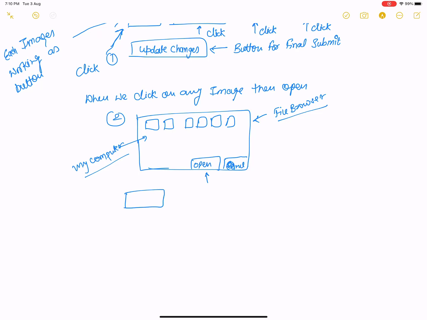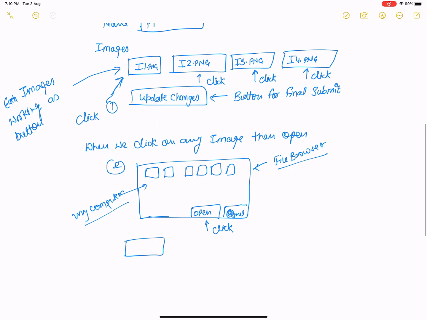And the logic behind that, you can do using jQuery Ajax.